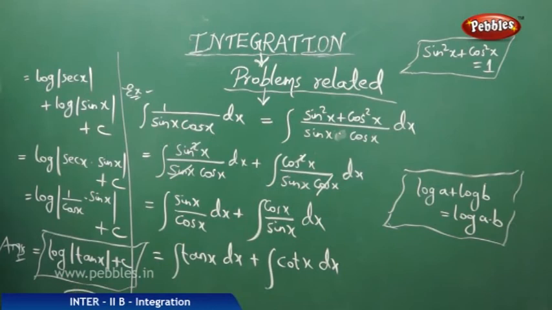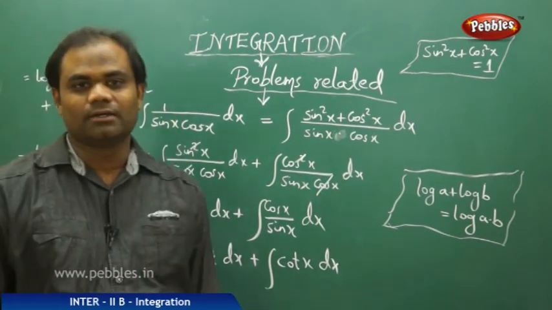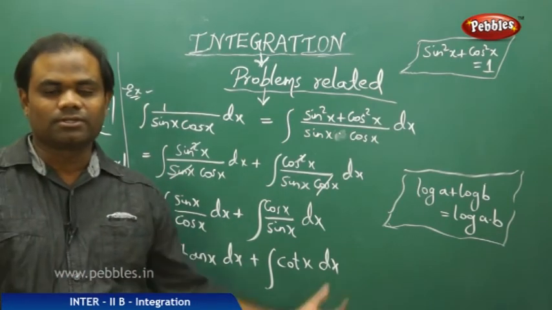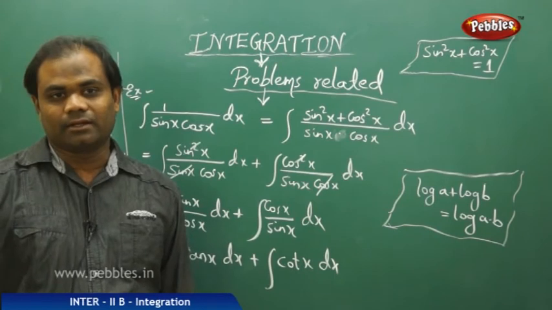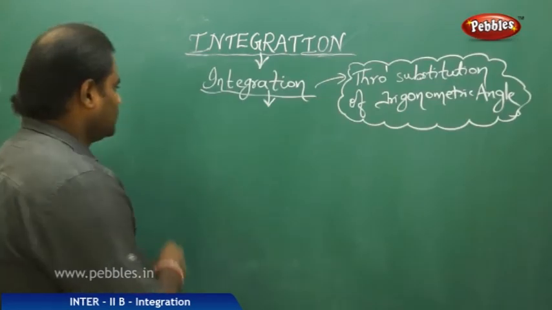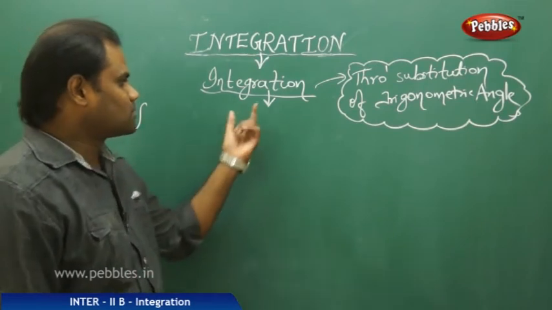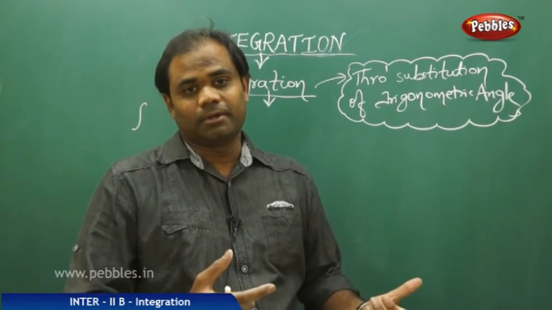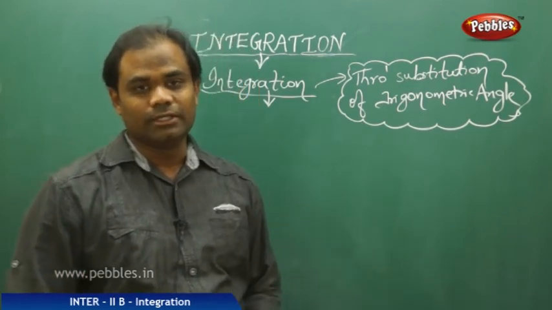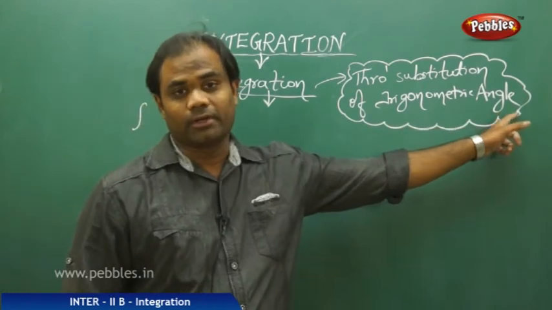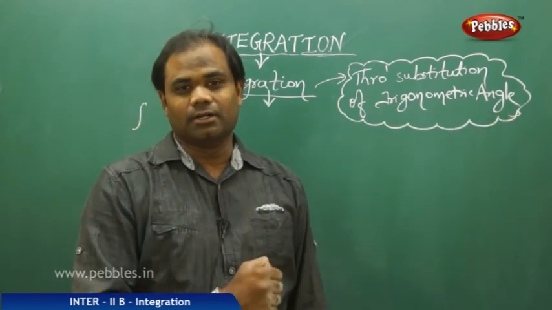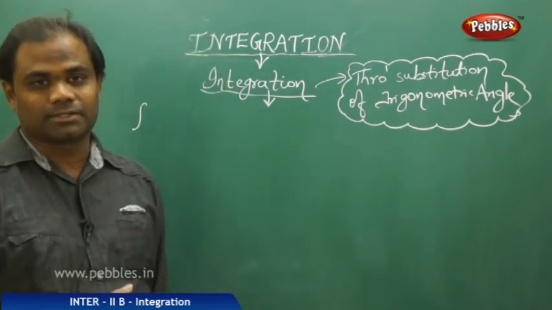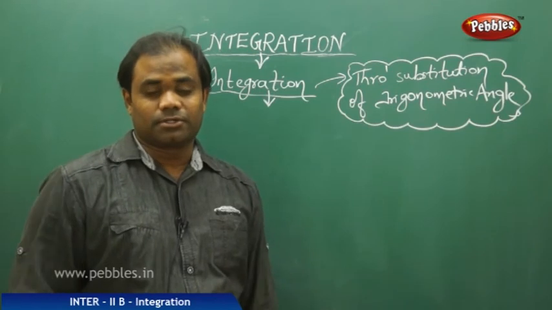The answer for integral of 1 by sin cos dx is log mod tan x plus c using the integration of tan and cot as standard formulae. Next, let's see the process of integration where I substitute a trigonometric angle. Sometimes the algebraic equations or the rational functions need to be substituted with a trigonometric angle to reduce the given integral into the standard form. So this plays a vital role in many integration problems, and hence let's discuss this session with substitution of a